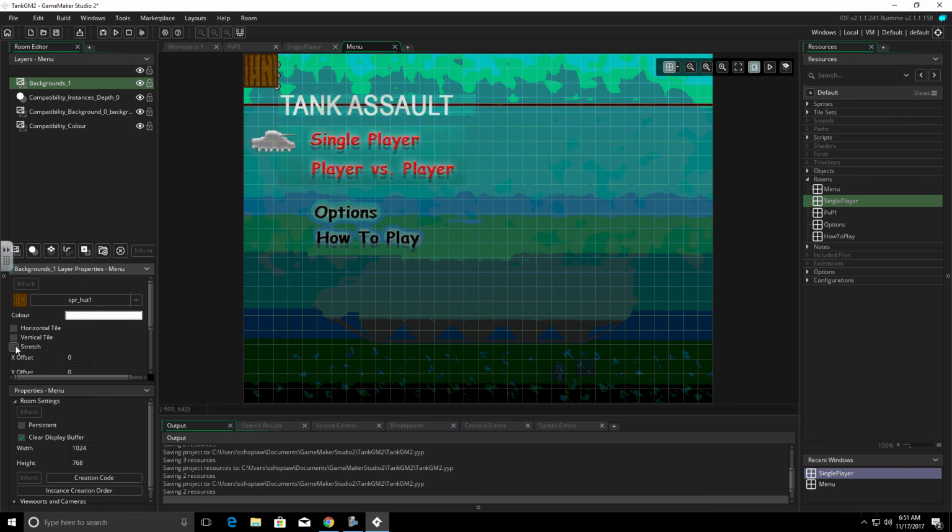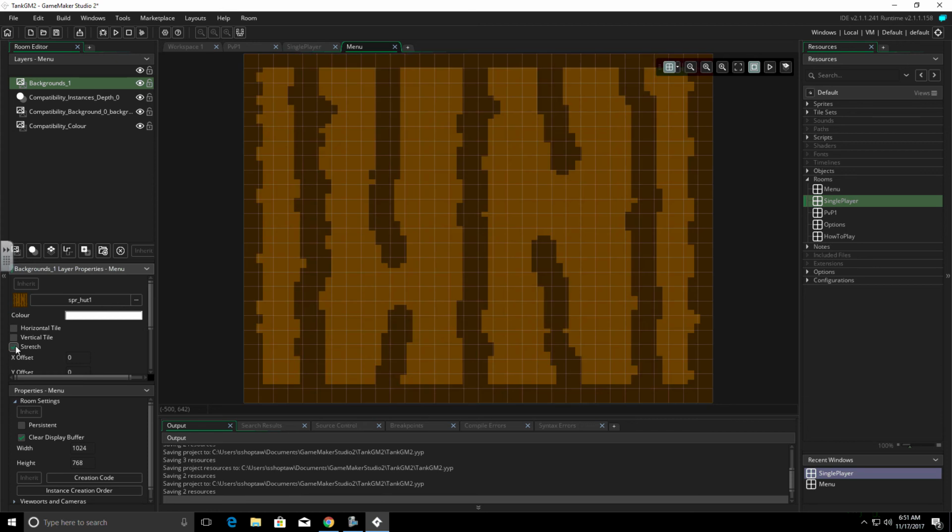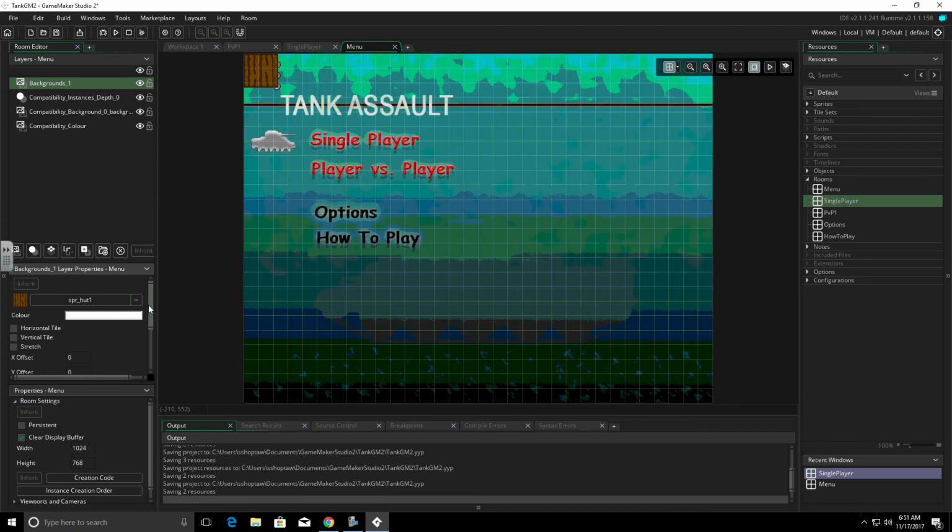We can stretch a sprite across the entire screen. The X offset and Y offset will allow us to position the sprite. We can set up a moving layer so we can change the speed, horizontal and vertical speed. And here, if we have an animated sprite, we can have it animated at a certain speed.